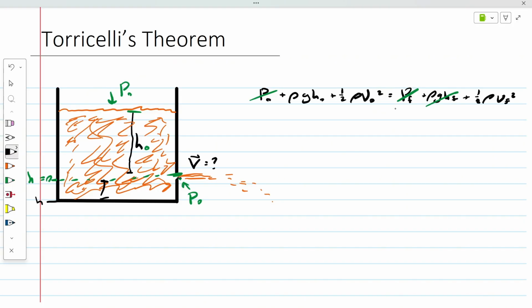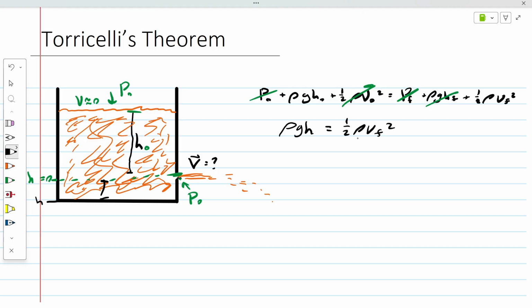And then finally, the velocity of the fluid up here at the top is going to be about 0, because if we have a big tank and a small opening, compared to the exit velocity it's insignificantly small, so it'll be about 0, and we can cancel out this initial velocity. Now we're just left with rho g h equals 1/2 rho vf